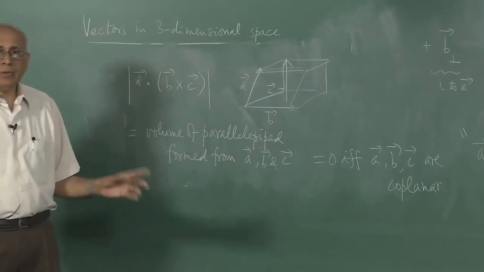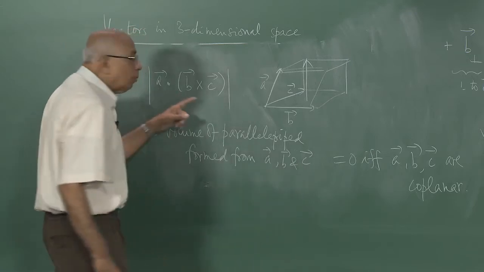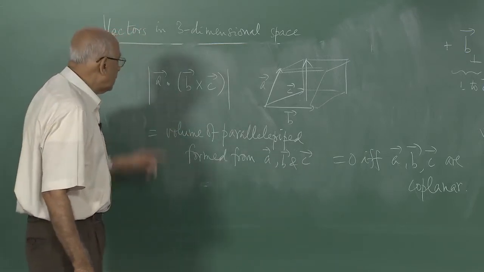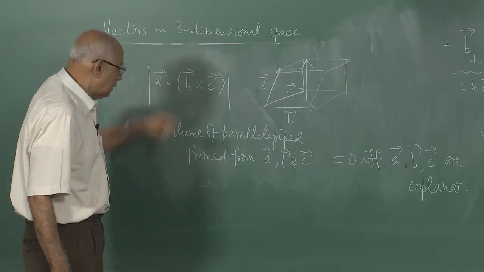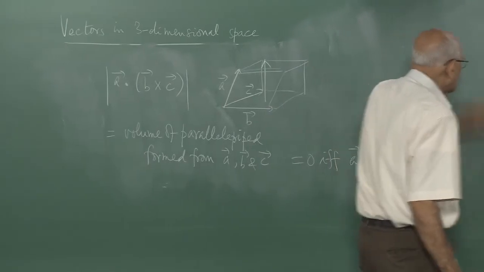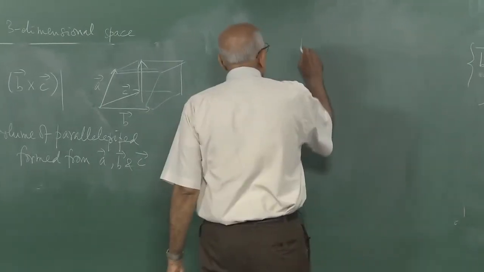That is a useful piece of information to know. We could also write down what are the components, what is the actual magnitude of this quantity here. We could write in terms of the components of A, B and C. So that is an exercise left to the student, to you. It is an easy exercise. So here it is, exercise,